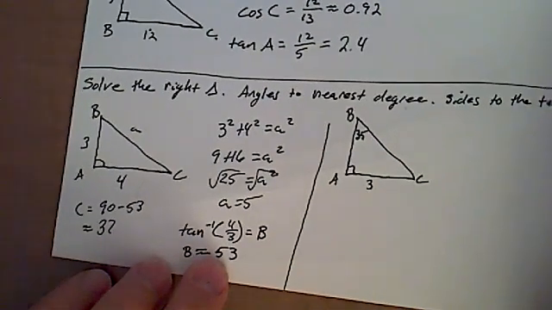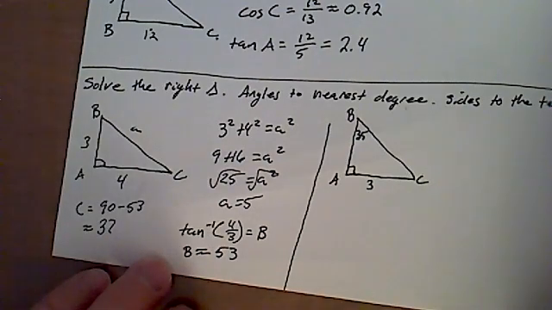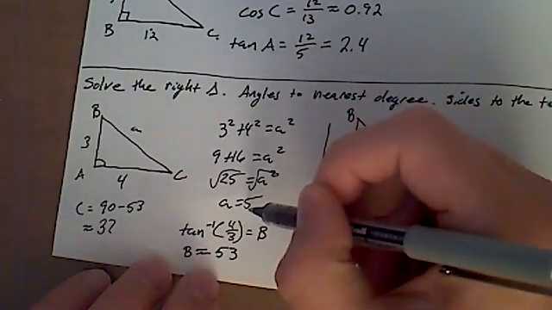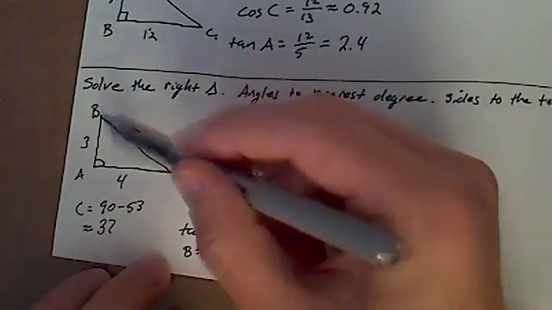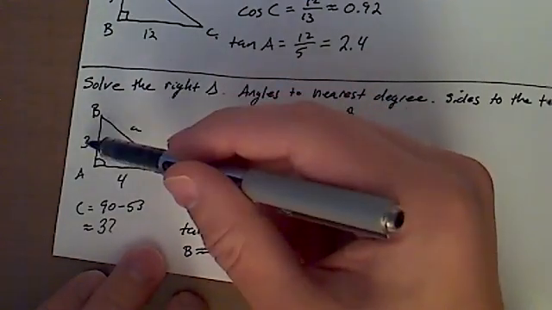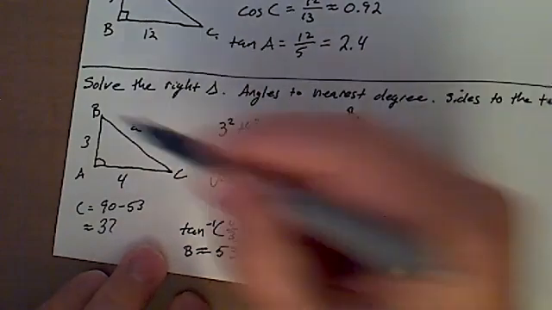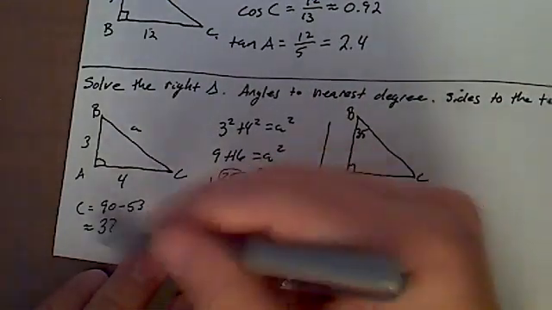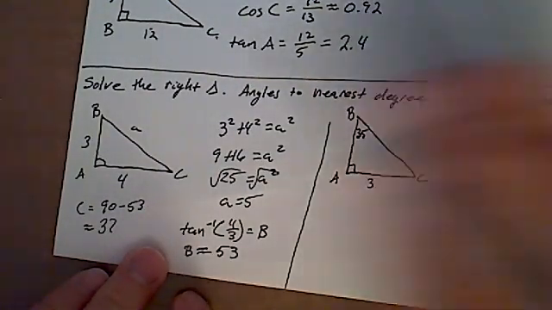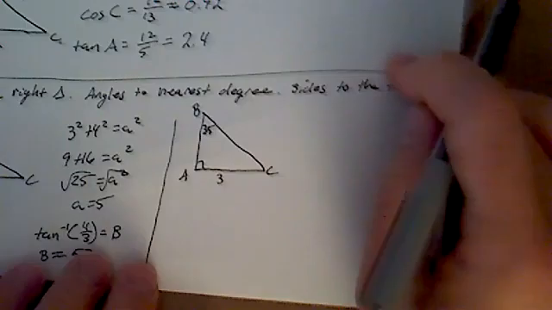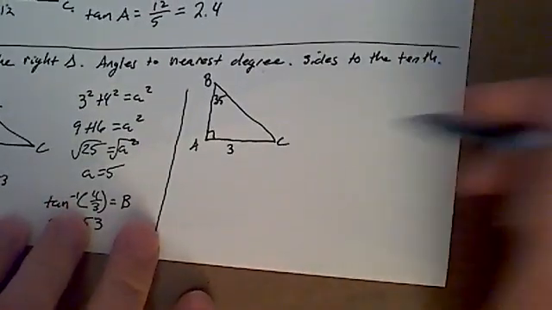my apologies, I have no idea if I was showing any of that the whole time. So there is the work. So again, to find the side, we use Pythagorean theorem. And then 4 over 3 is the tangent, right? Opposite over adjacent. To find an angle, we use the inverse. So we have the tangent inverse of 4 over 3. Calculator gives 53 for that. To find C, which is the opposite, right? 90 minus 53. Or you could use the tangent inverse of 3 over 4. All right, for our last one,